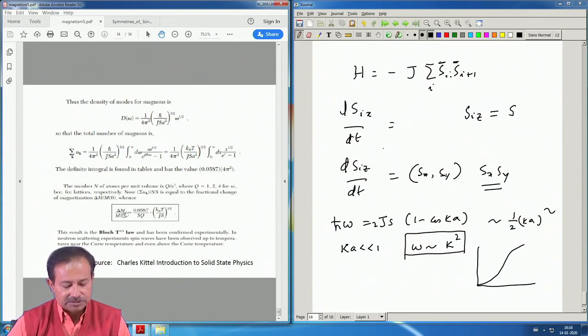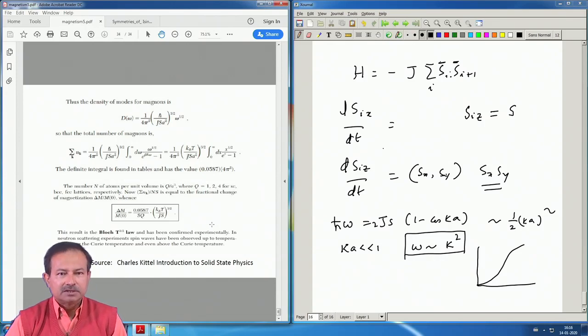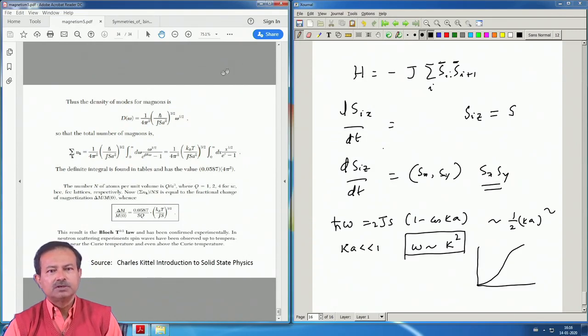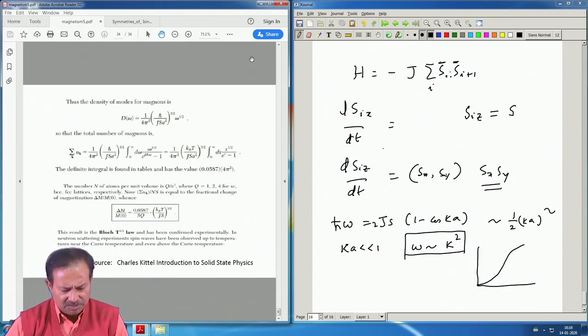Okay. So this is a dimensionless quantity on the left, so we should have a dimensionless quantity on the right, but the power of temperature is T to the power 3 by 2. So this is called Bloch's T to the power 3 by 2 law, and it is confirmed experimentally. This is how the magnetization deviates at finite temperature in a ferromagnet, and this is obtained with neutron scattering. Okay. And this treatment you will find in Charles Kittel's book Solid State Physics, and in many other